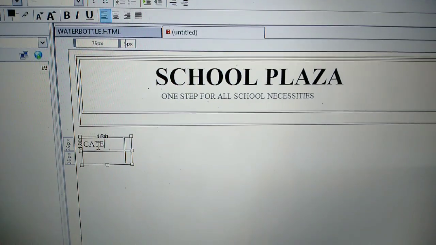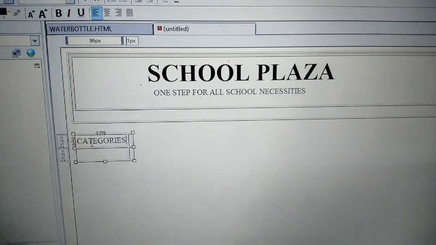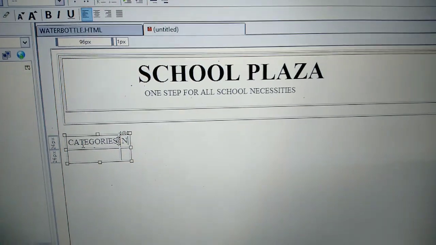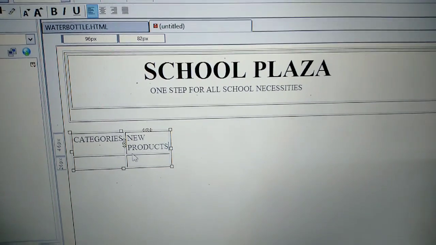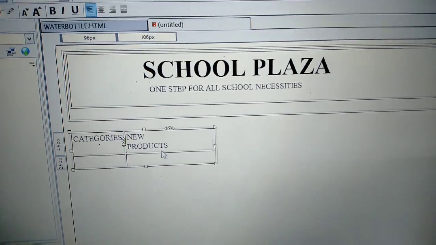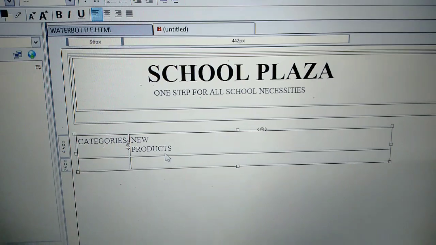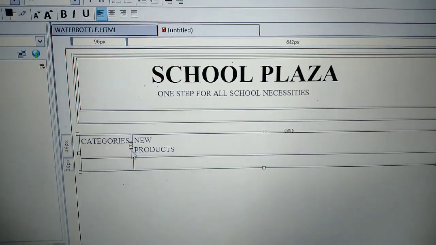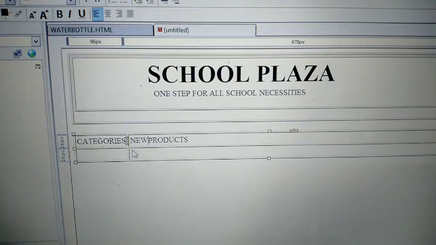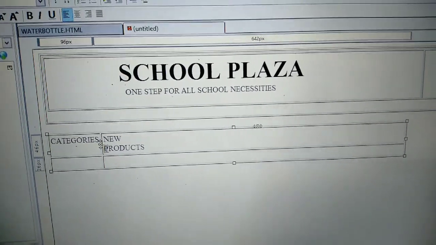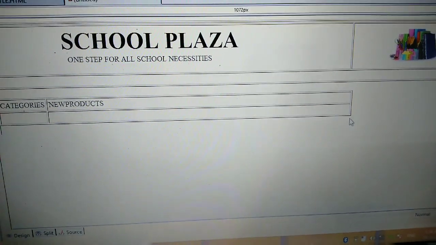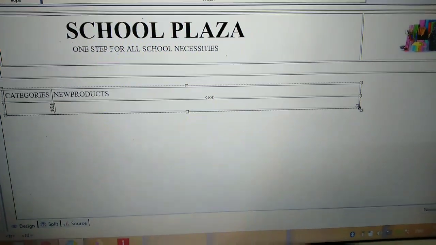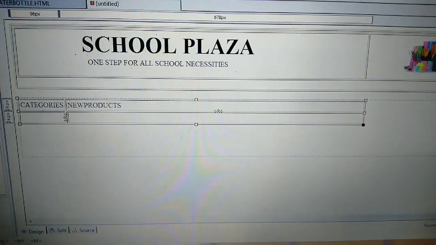In the first row, I am writing categories and new products. Can you see it? I am writing category and products.